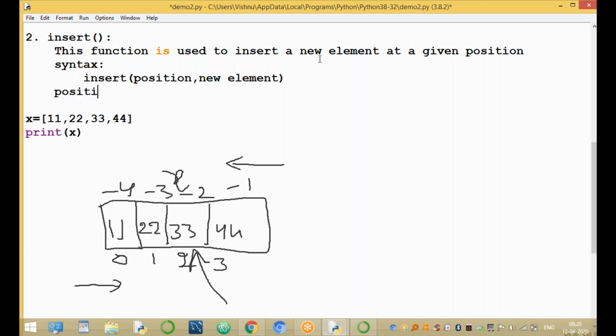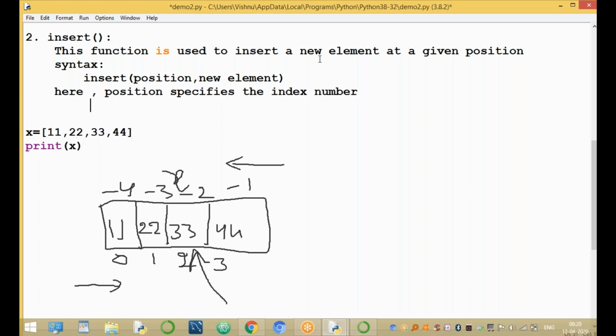Here position specifies the index number. The position specifies the index number. The new element is stored into a list.